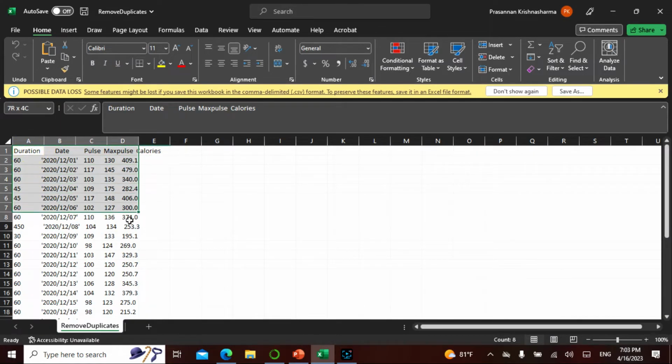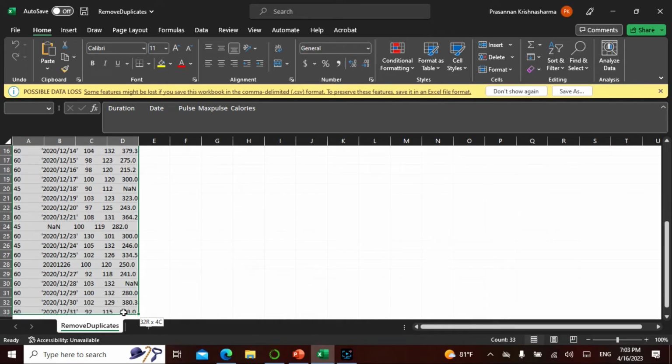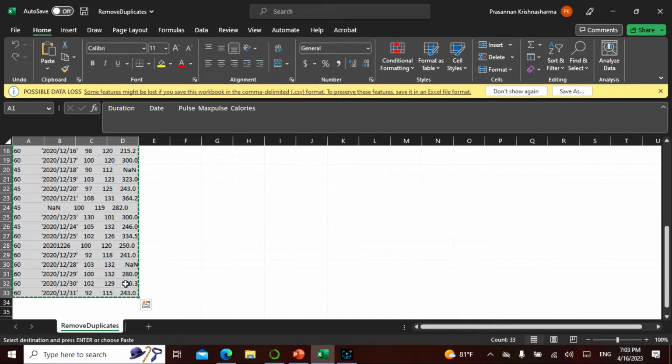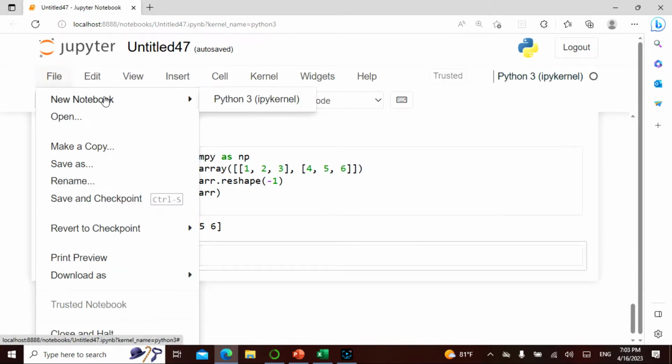I can even copy paste this. So this is my data set that I created as a CSV. I can go here, and what I can do is, in my new notebook,